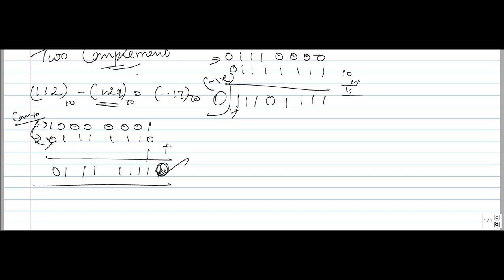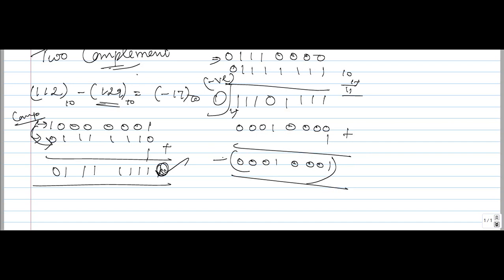When you don't get a carry, it is a negative number, right? You have to understand that. If you don't get a carry, it is a negative number, and what you have to do is take the 2's complement of the answer. The 2's complement of the answer means complement the answer and add 1 to the LSB, the least significant bit. Now you got the answer. When you are writing the answer, it is denoted as